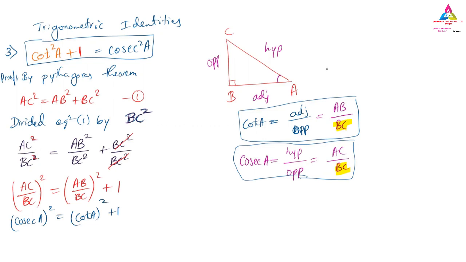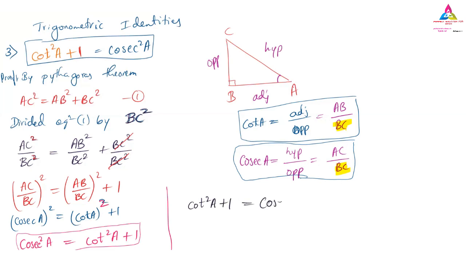Okay, next part is the cosecant A the whole square, which is nothing but cosec square A. That is equal to cot square A plus 1. The square you can take inside, it will become cot square A and cosecant square A. And we can arrange what we have got here. According to us, the left hand side we will write on the right hand side, and the right hand side is cot square A first, then plus 1, that is equal to cosecant square A. And this is our third identity for the trigonometric functions.